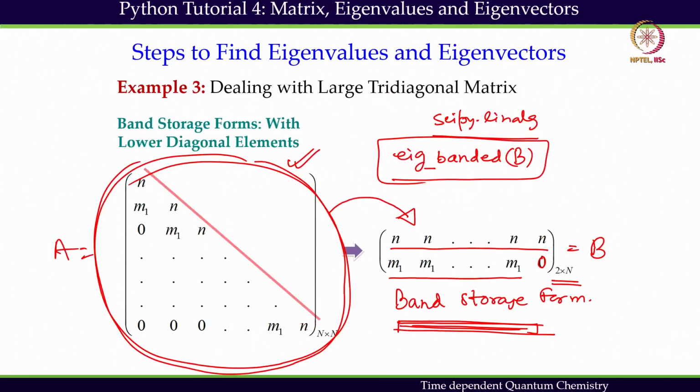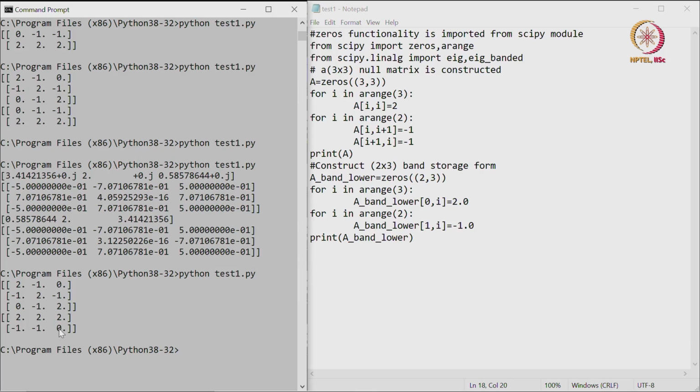So, if we go back to the slides, we see that if we are using the lower diagonal elements, then that is the band storage form we use. Then the diagonal elements come in the first row, and the second row will be occupying the lower diagonal elements. The last value would be 0, and that is exactly what is going on here. Last value is 0. So, we are getting back this matrix in band storage form,